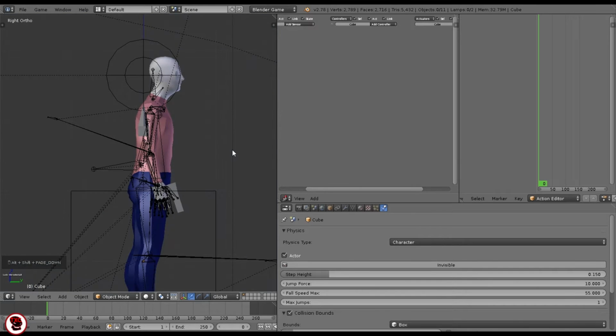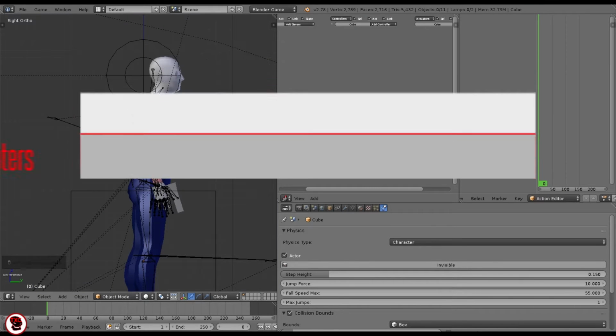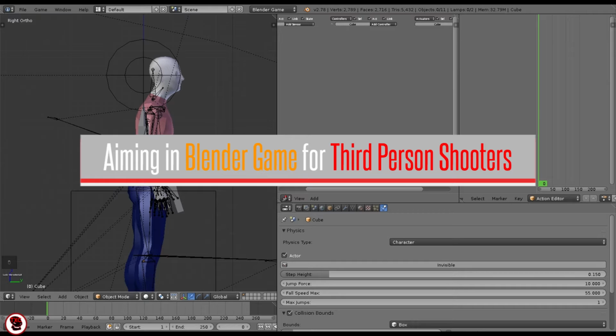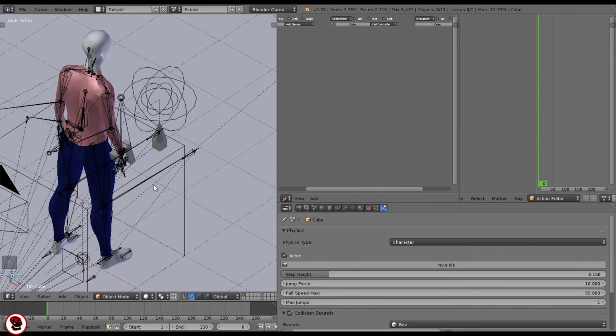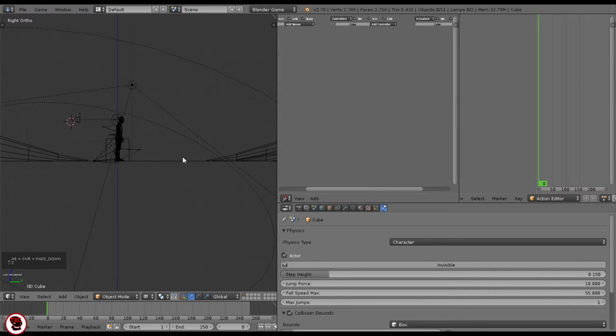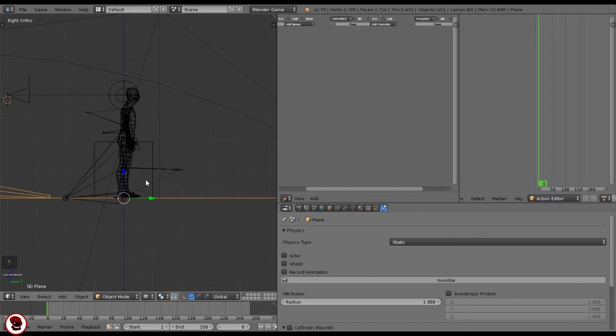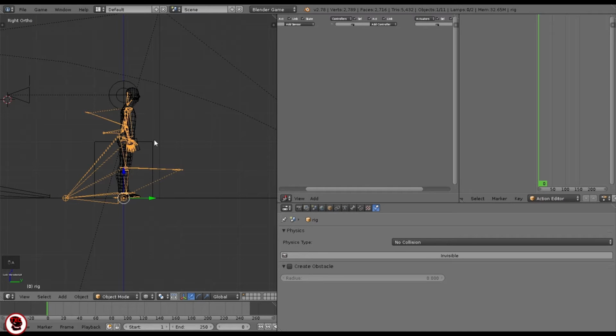Hey everyone, I'm back just for a short tutorial on how to do an arm track in Blender for a third-person shooter, where the character's arm is tracked to where the camera's pointing. I have a scene set up here beforehand: a ground and a character rig, basically a rig connected to a